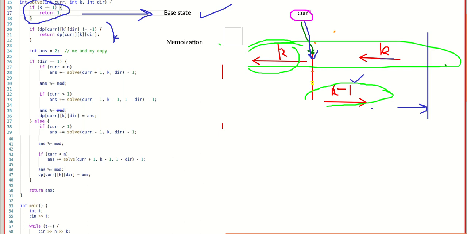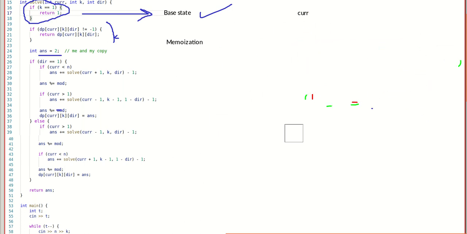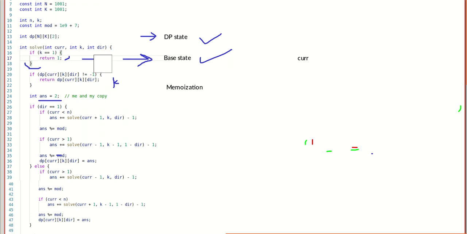And let us quickly see what will be the time complexity and space complexity of this solution. Space complexity is, as we already saw, we stored a dp of size n into k into 2. So n into k into 2 is our space complexity, and our n and k were 1000, so it is 10^6 into 2, that is 2 into 10^6.